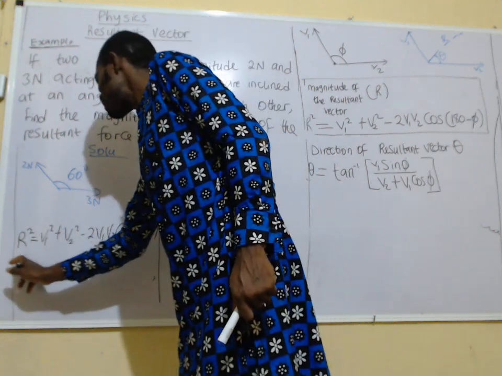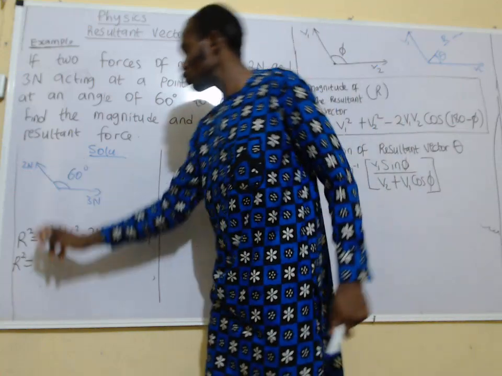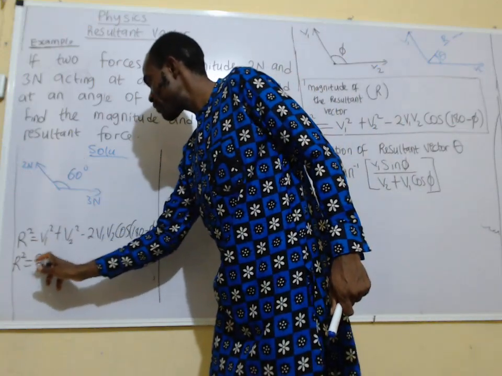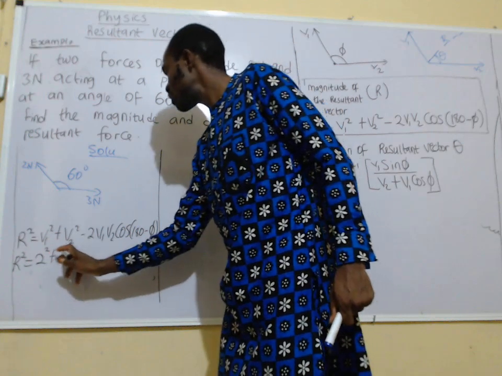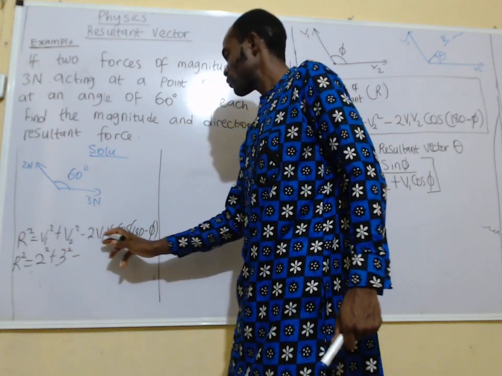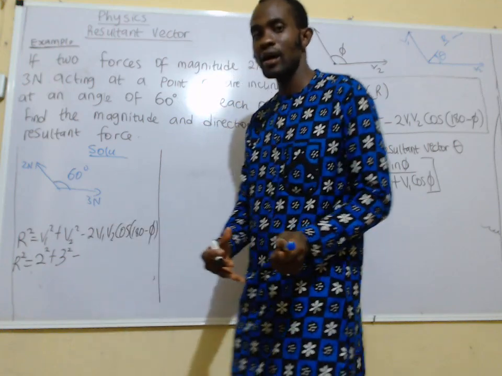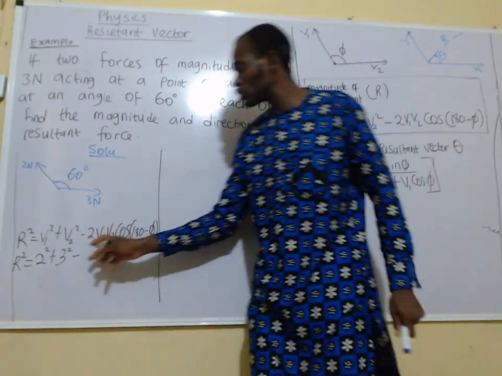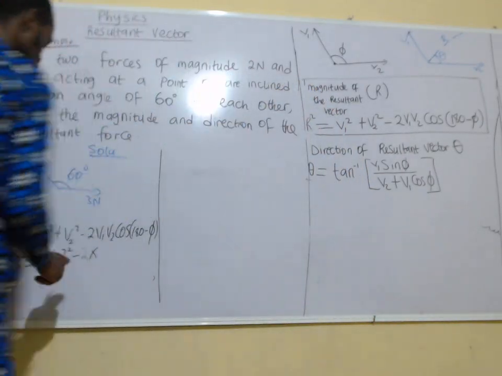In this particular example, V1 is 2, so 2 square plus 3 square minus 2 V1 V2. They are all multiplied together, so it becomes 2 times